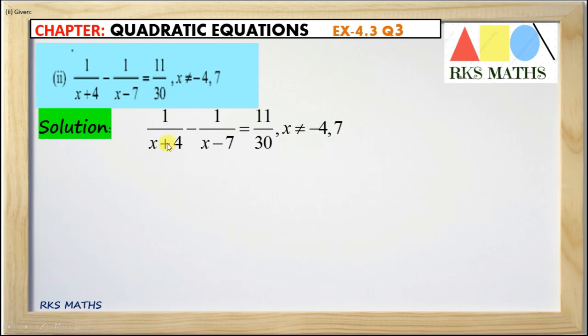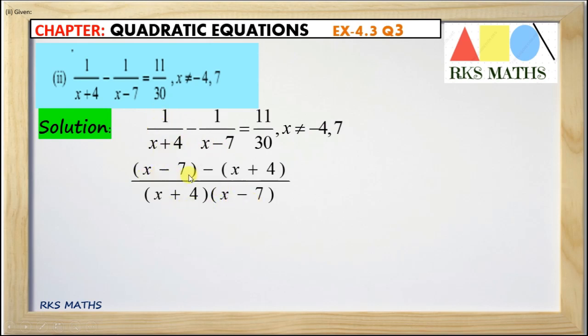We have been given 1 upon x plus 4 minus 1 upon x minus 7 is equal to 11 by 30, where x is not equal to minus 4 and 7. So student, here we will take the LCM, that is x plus 4 and x minus 7 is the LCM. So after taking the LCM, x plus 4 into x minus 7, the x minus 7 multiplied